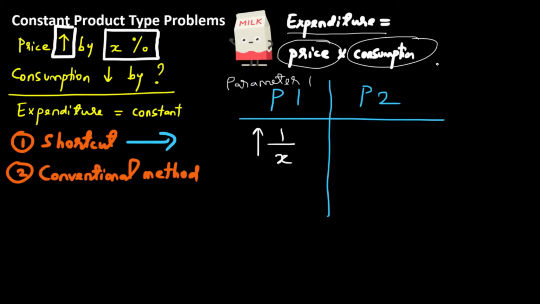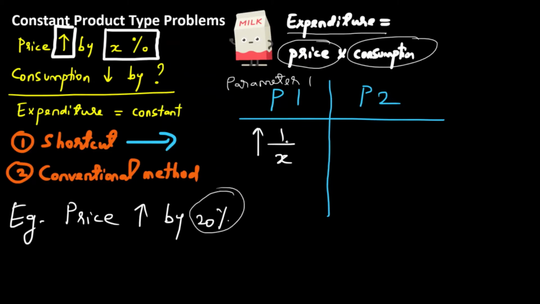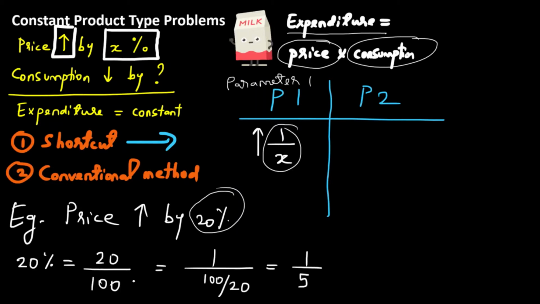For example, in this case, let's say that the price increased by 20%. Now, you will see that over here you have a percentage and this is a fraction, right? So we need to convert this percentage into a fraction, which can be done very quickly. Now let's see how this can be done. So 20% is nothing but 20 by 100, right? So you can see that that's the same as 1 by 5, right? You can either think of it as cutting 20 both from the numerator and denominator and you get 1 by 5, or if it's not divisible like this, in some cases you might have 2 by 13, etc., right?